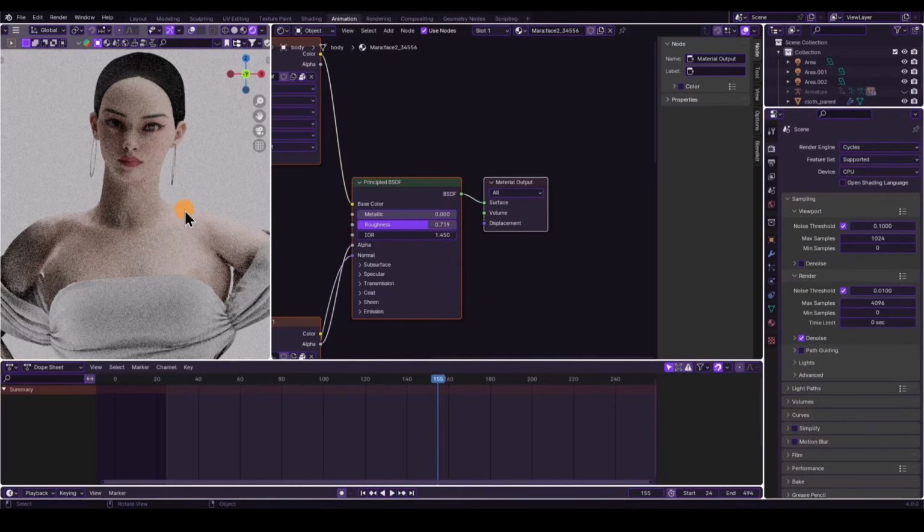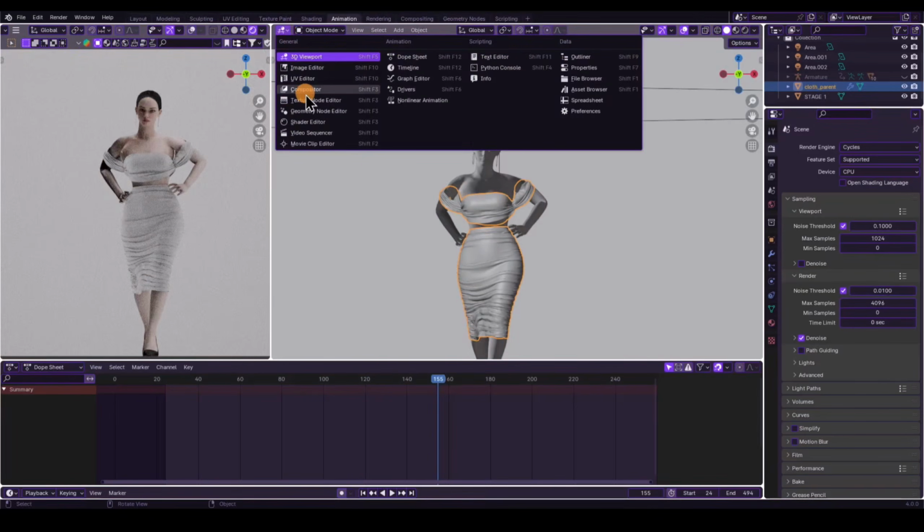And if you select the cloth one, if you select the 3D viewport here, and select the cloth parent, like this one, your garment, and go to Shader Editor, you'll click New. Since mine is not having any textures, I would like something silk to pop up on the end. So